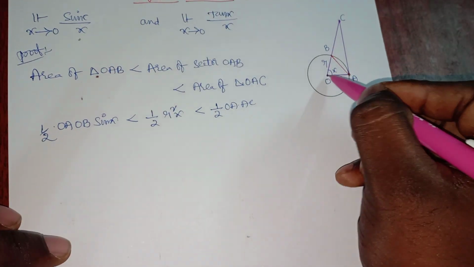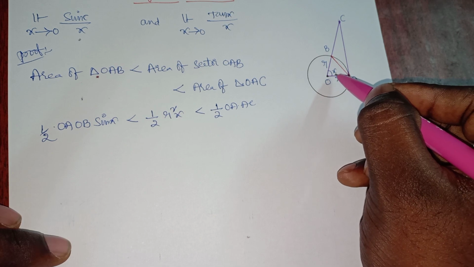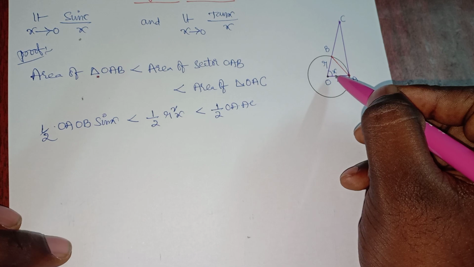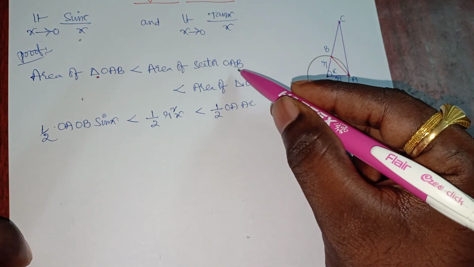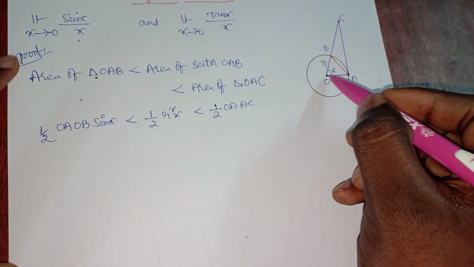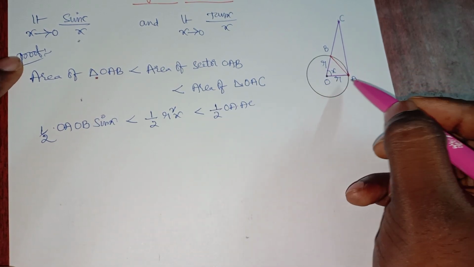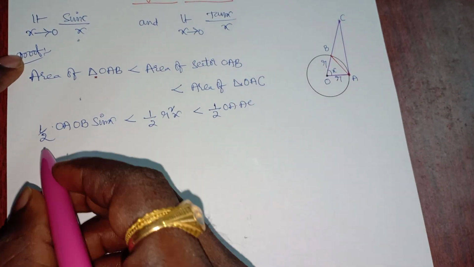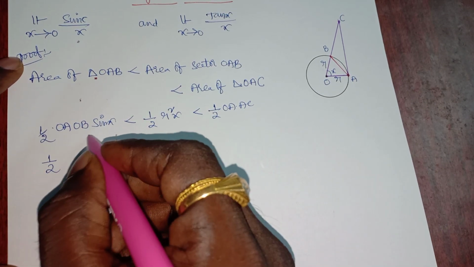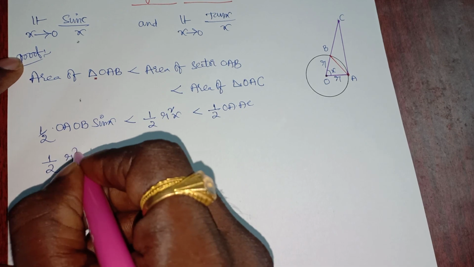Half into AB into OA into OB into sin x, less than, what is the area of sector? Half r square x, less than, what is the area of right angle triangle? Half into base into height, that is half into OA into AC. Now half into OA is what? r, OB is what? r. So half r square sin x